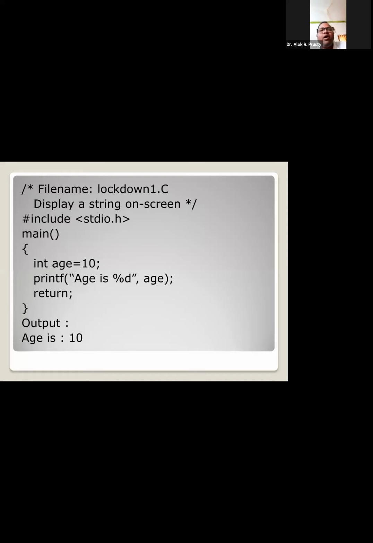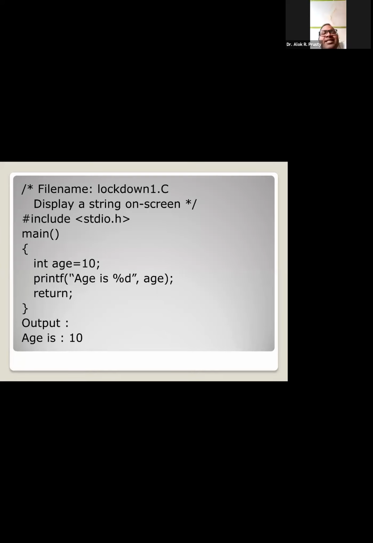If you fail to include the header file, printf will lose its existence. Whenever we include stdio.h, printf will be recognized as an output function. Whenever we remove that line, the compiler will never understand what printf is.